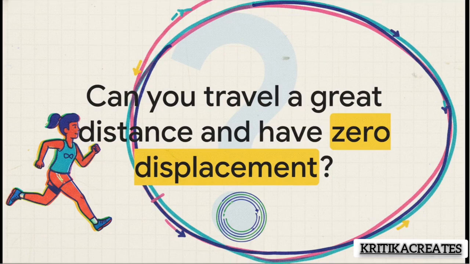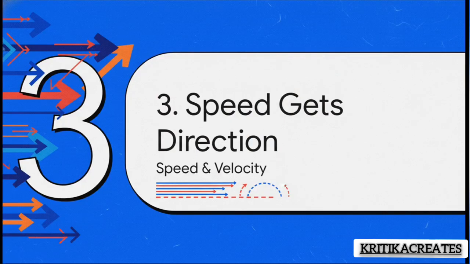And this leads to a pretty cool brain teaser. Just think about it for a second. Is it actually possible to travel a huge distance? I mean, you could run a whole marathon and still end up with a displacement of 0? The answer is a big, fat yes. And that's our perfect lead-in to the next idea. Okay, let's kick it up a notch. We've talked about how far, now let's talk about how fast. And you probably guessed it, just like before, there are two very different ways to describe it.